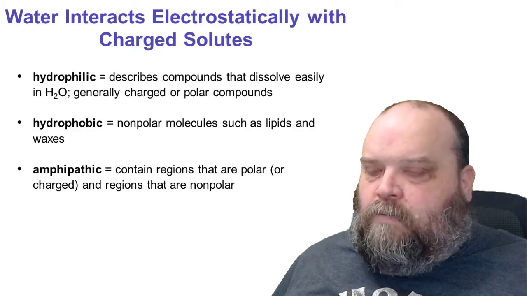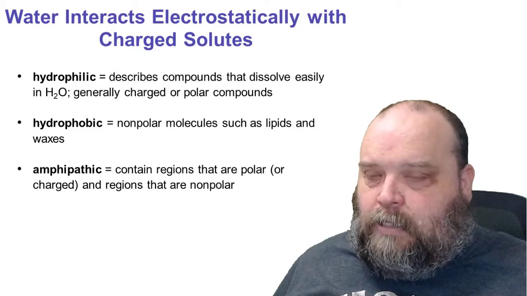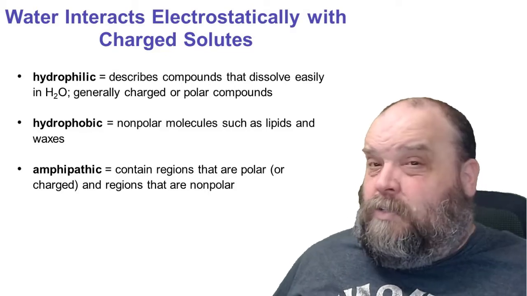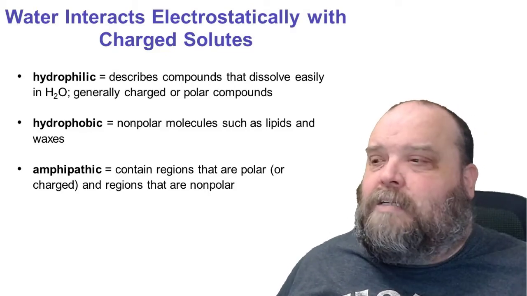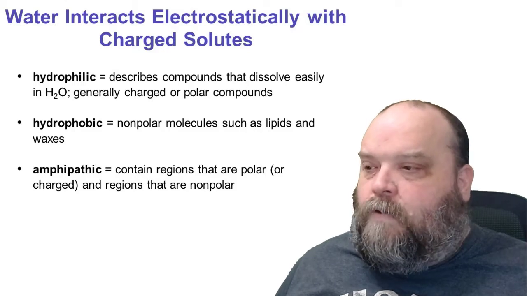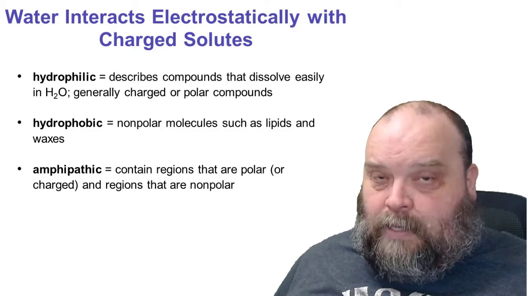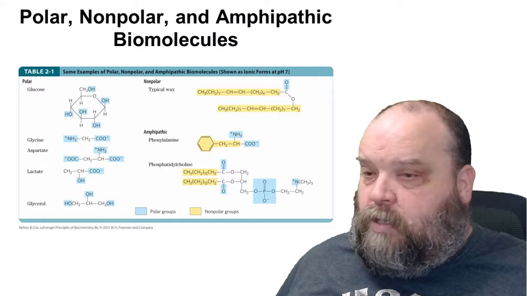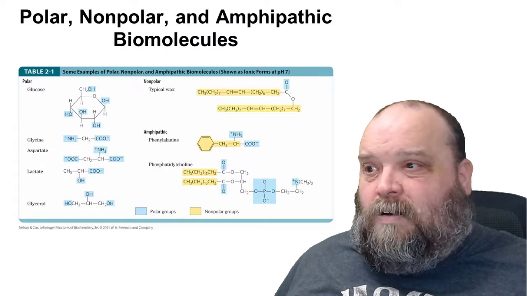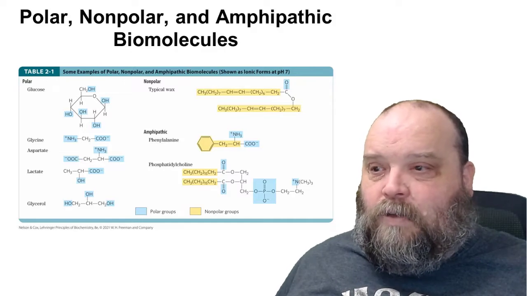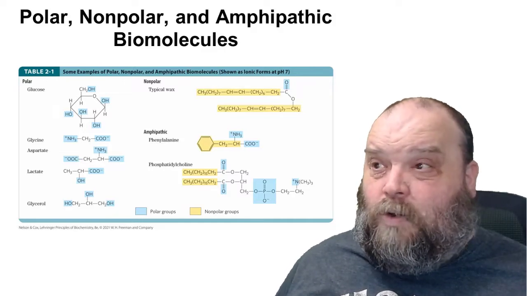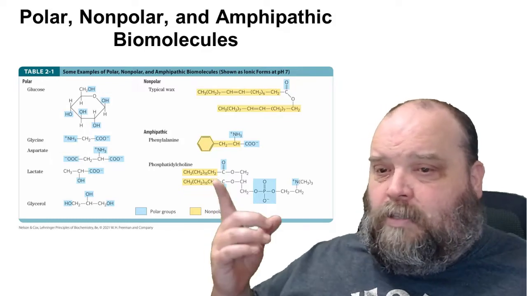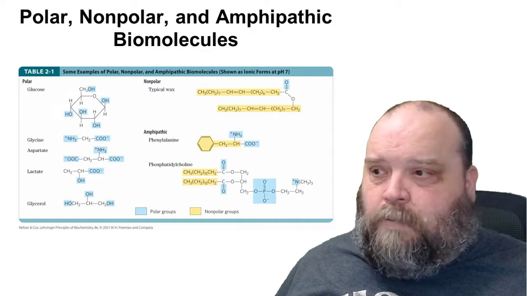And it's this interaction of water. How are things interacting? Is it a strong interaction? Is it a weak interaction? Is it only parts of the molecule that are interacting? Hydrophilic, hydrophobic, amphipathic. Does it love water? Does it hate water? Or does it have a split personality and does both, depending upon which end or what part of the molecule you're talking about. Now, when you go and you look here at this table from the textbook,